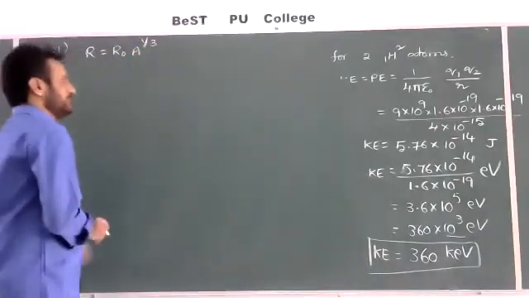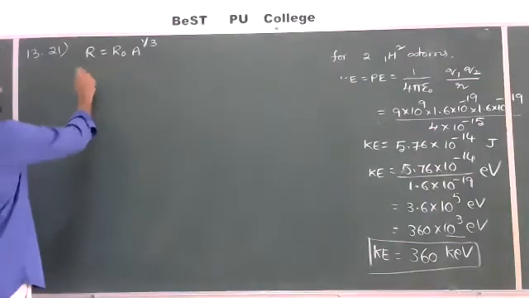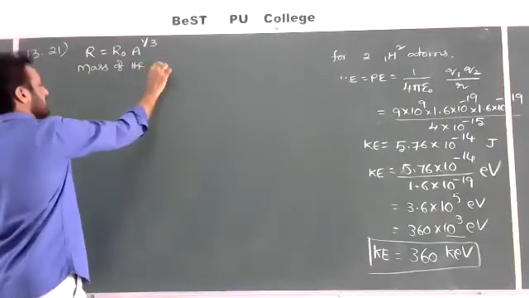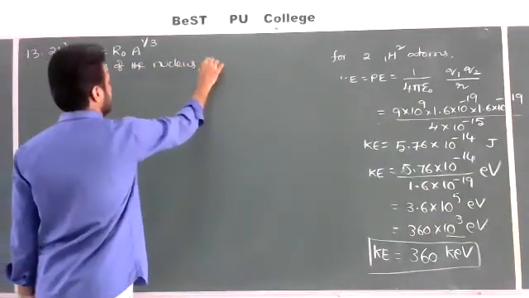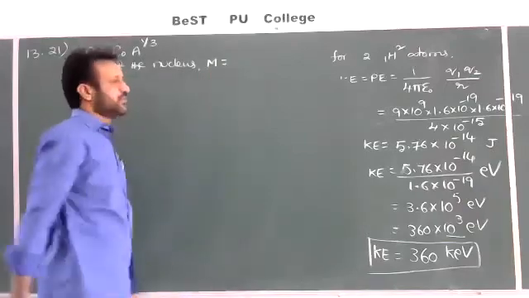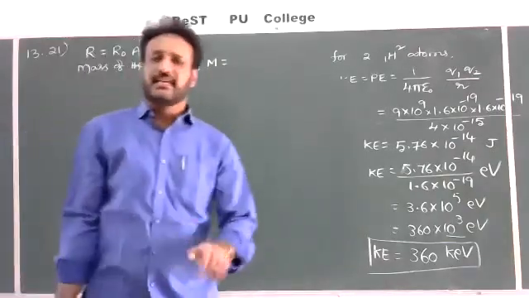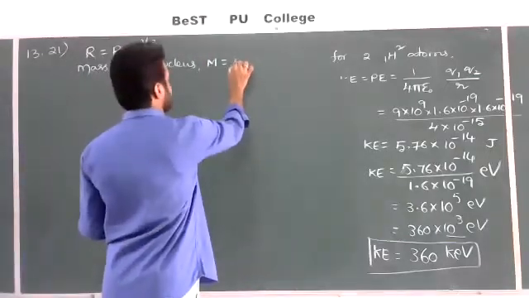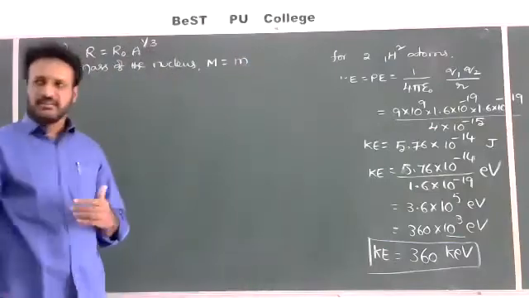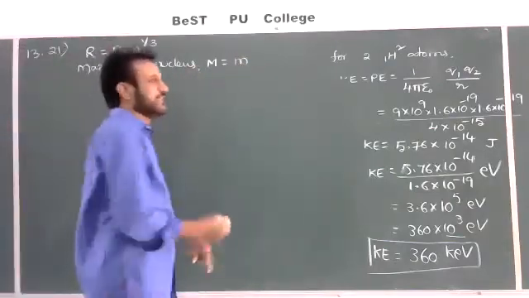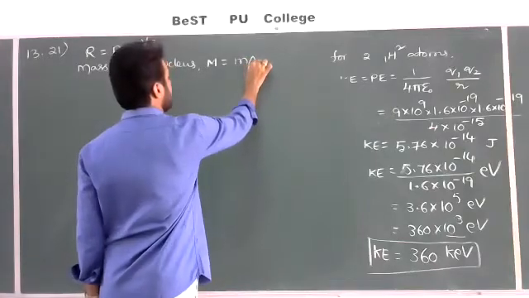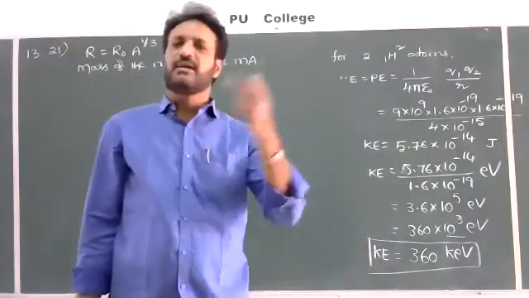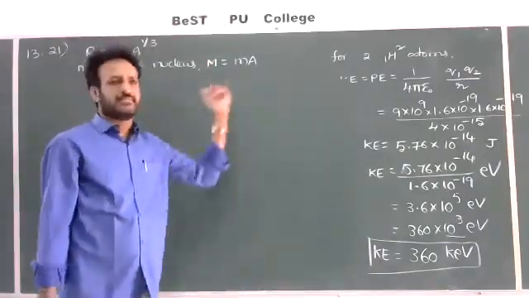Right, here the density formula, or first, the mass of the nucleus. Mass of the nucleus, I'll write M is equal to... generally a nucleus contains how many nucleons? If you take X with Z and A, it contains A nucleons. Mass of one nucleon, for example m, maybe proton or neutron. Mass of one nucleon is equal to m. Then what is the mass of all A nucleons? m into A.